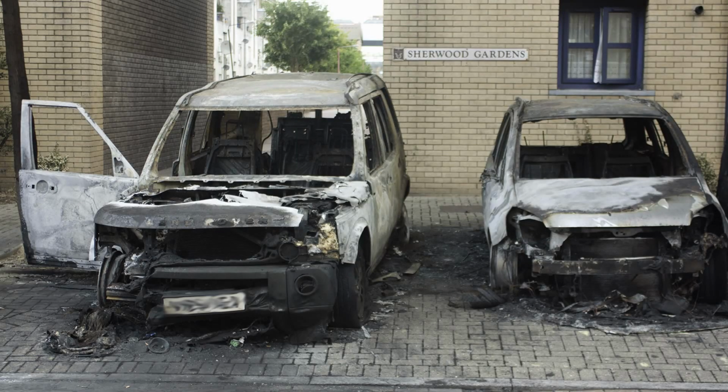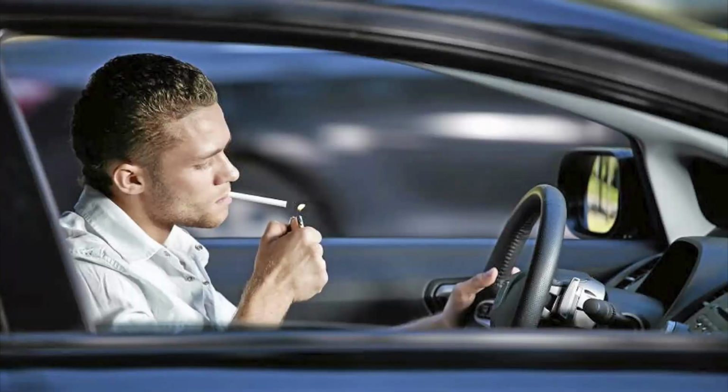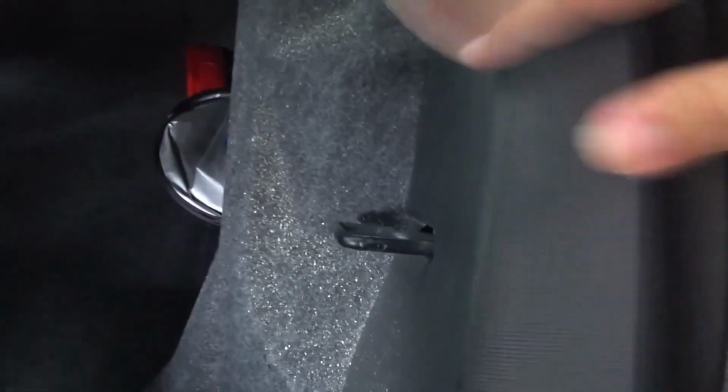Now, sometimes it is also possible that a car catches fire through no fault of its own. Even if you discount reasons like people sabotaging your car, setting your car on fire, you can get situations where, say, smoking, the cigarette ash drips on the carpet, or say for example, hot sunny day, you leave your alcohol-based hand sanitizer in the car or your phone in the car, these things heat up and